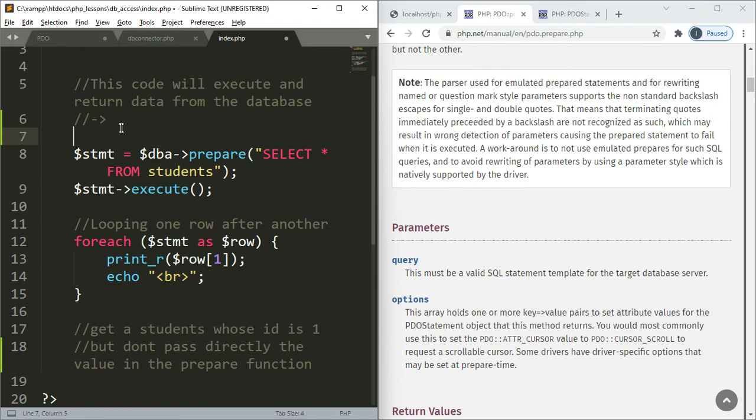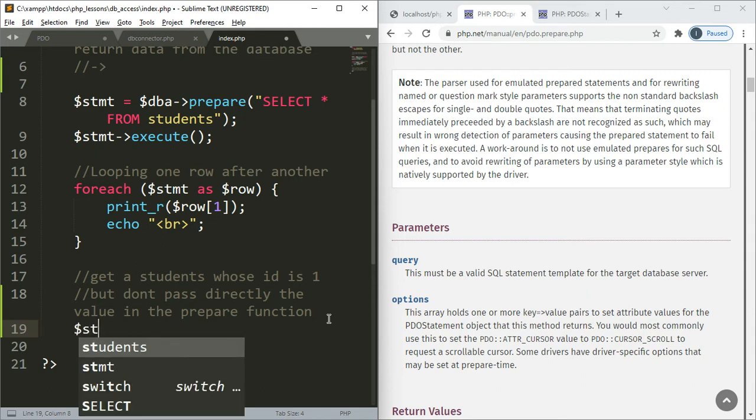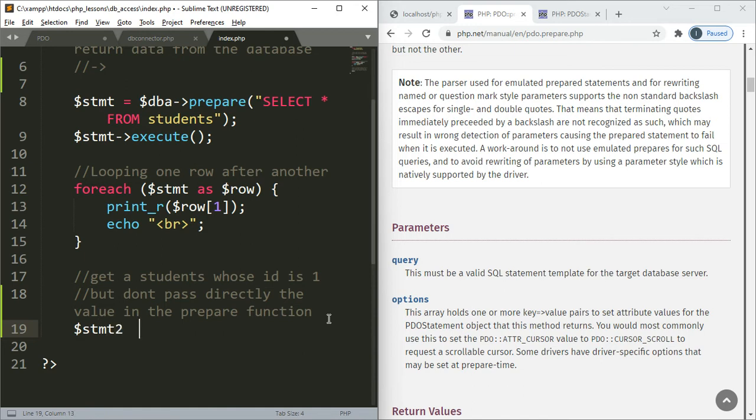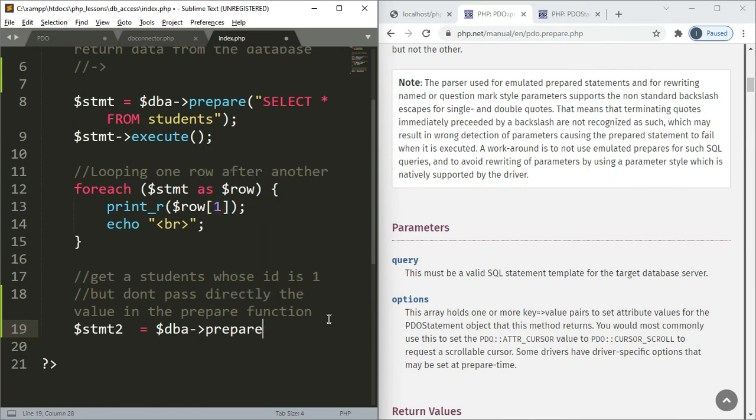No, we'll comment it. So we need to have another code like this, which means I will have it here. I will have a statement two, which this will be DBA, okay, DBA, and then I will access the method called prepare. And in the method called prepare, I will say